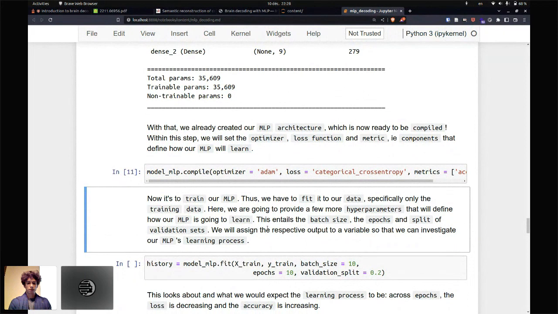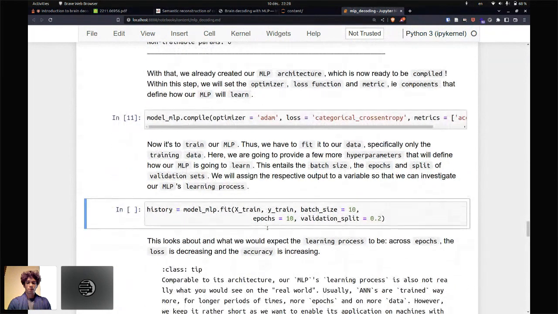All right. Lastly, we eventually train the model on the training data. We leave part of the data out of the training, just to